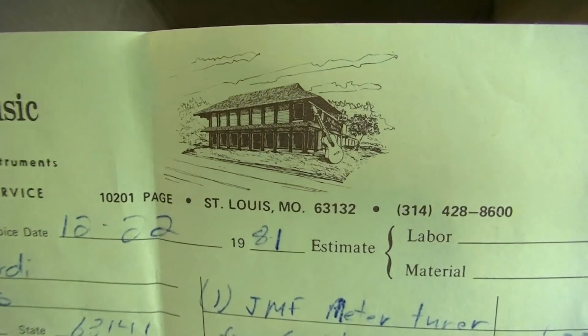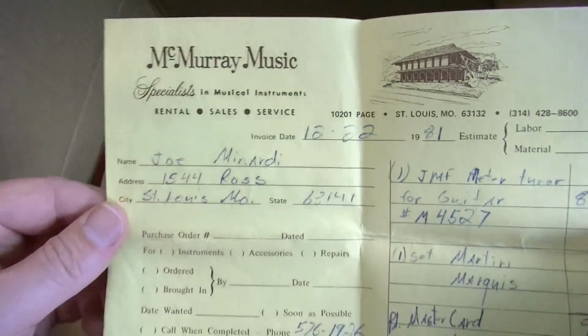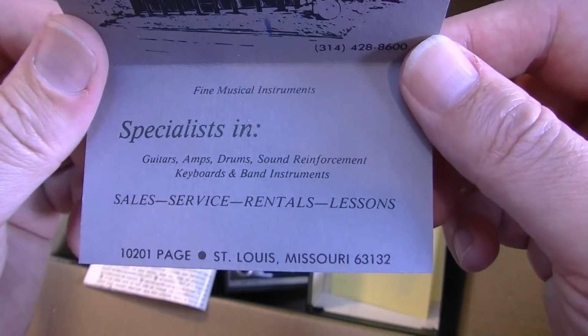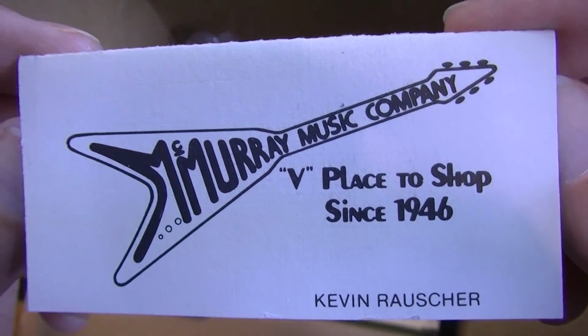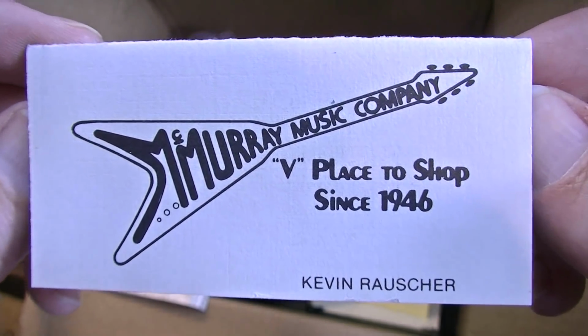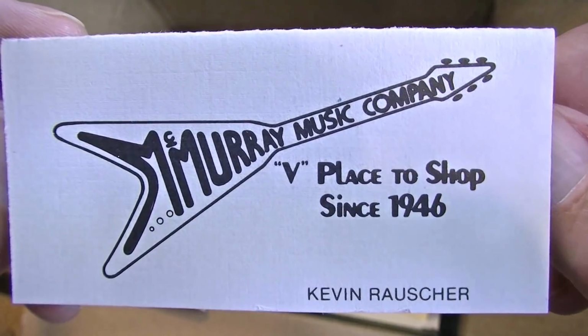Louis, Missouri. Does anybody know of this place? Do you remember going there? What was it like? Here is a business card. Kevin Rauscher. Kevin, if you happen to be watching this, man, definitely comment down below. I'll pin your comment, because wouldn't that be interesting if you just happen to be watching this and saw your